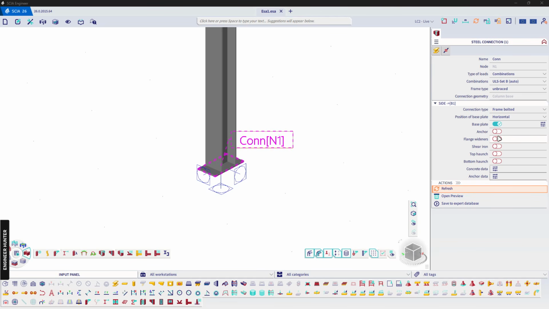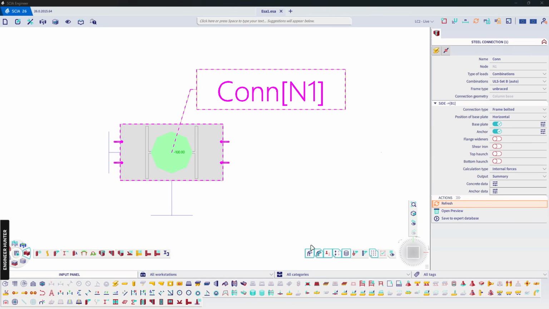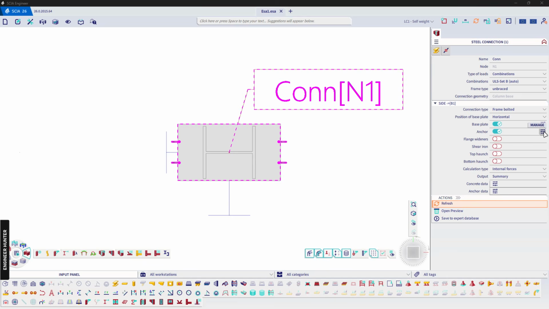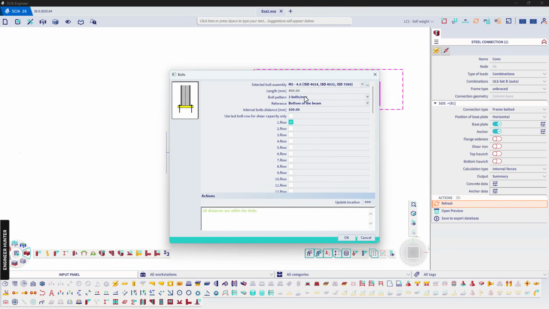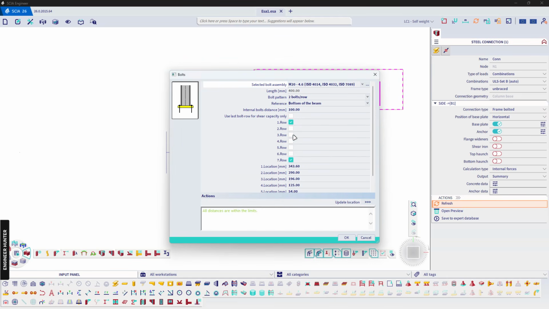Next we can turn on the anchor, and you can see the anchor here. Now we can change the anchor data by clicking on this button. So we change this to M20,